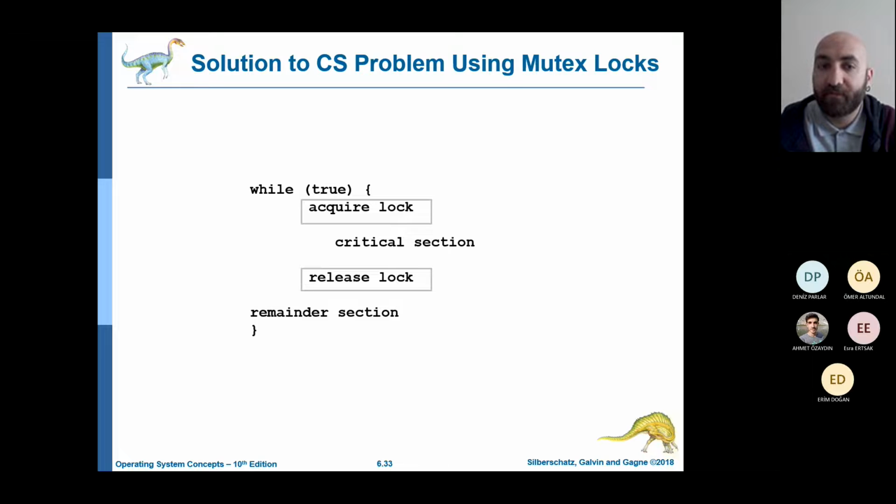Here is the solution. The acquire function acquires the lock, and the release function releases the lock as illustrated here. So we have a lock. Lock is actually a mutex provided by the operating system. Before entering the critical section, the process tries to acquire the lock. If it can acquire it, it can enter its critical section,